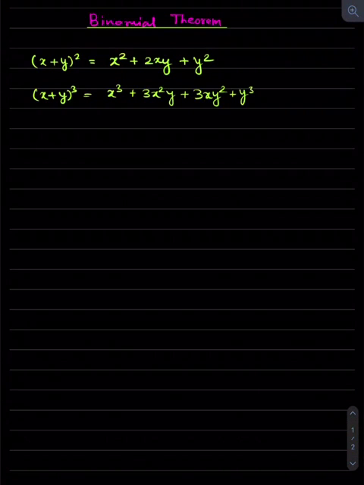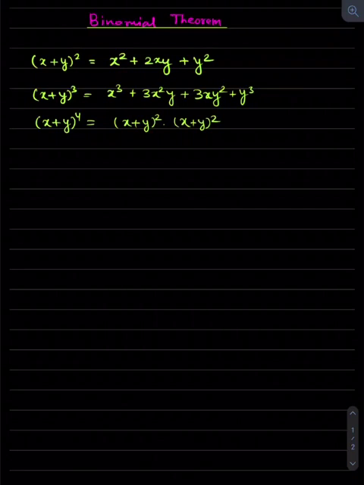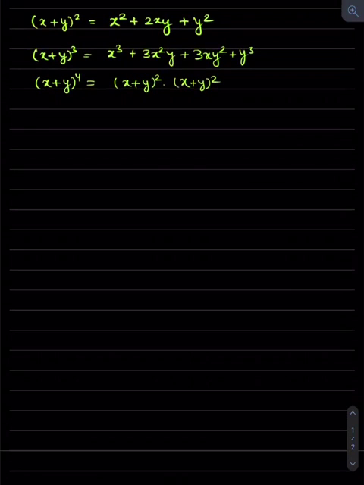Now what is x plus y to the power 4? So if you don't remember the formula, then also you can find it. What you will do, you will just multiply this x plus y whole square with x plus y whole square, and the value of x plus y whole square is here only. You will substitute it here and here, and then you can multiply each of these terms with this. Okay, but what if I ask you what is x plus y whole power 13?